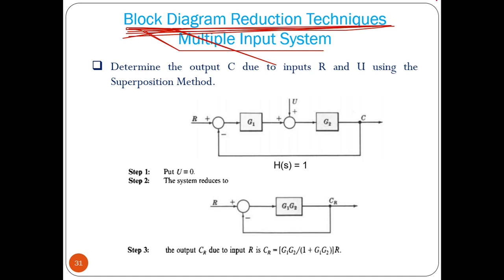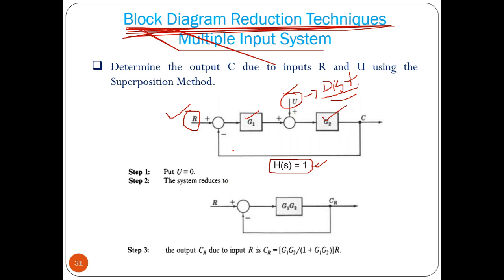Now this is a simple block diagram I have taken. What we have here is two inputs: an R input and another U input. This U input we can consider as a disturbance input also. This is the total system. This is your plant, this is your controller. We have a feedback, and we don't have any value here, which means this feedback factor is equal to 1. The gain of the feedback path is 1. And this is the disturbance applied from the environment from outside of the system. So this has multiple inputs and one output. Now how can we find its transfer function?